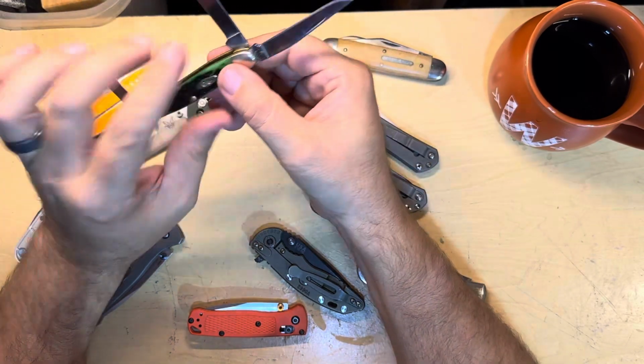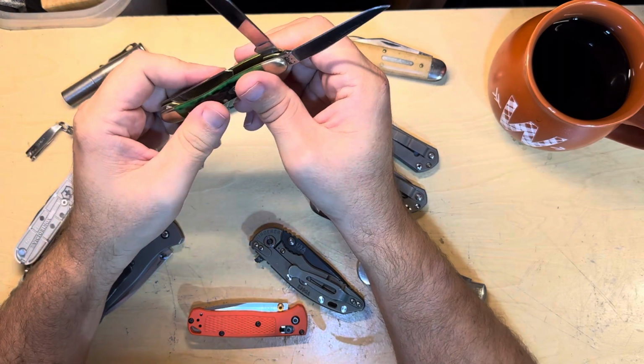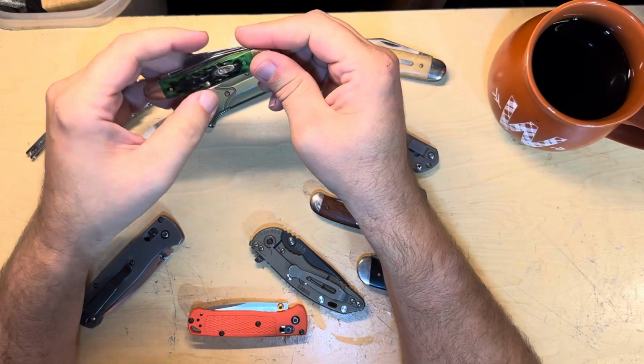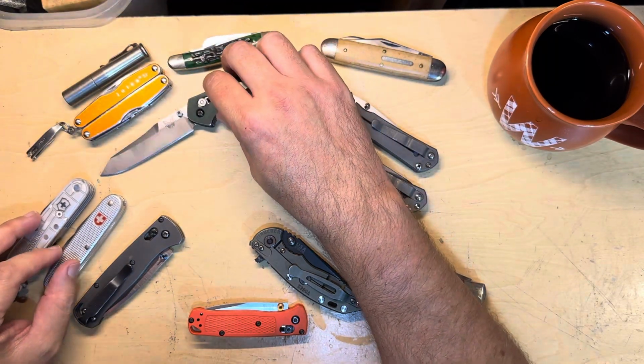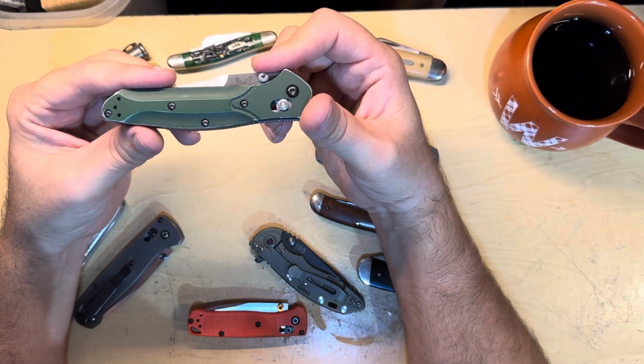And yeah, I've had this one for a long time. And I love carrying it because, number one, it's a great knife. Number two, because of the friendship that I've had with Knife Tex through the years. This one was one of my original really